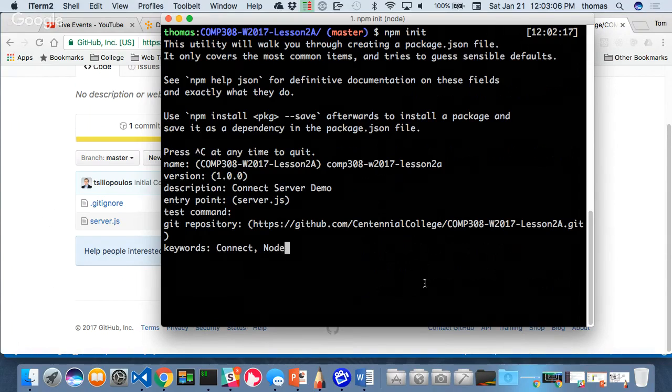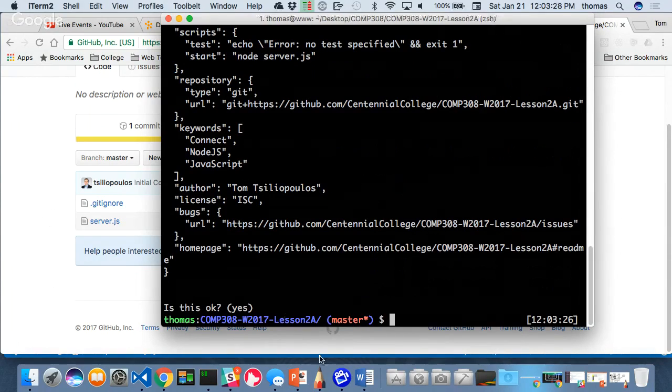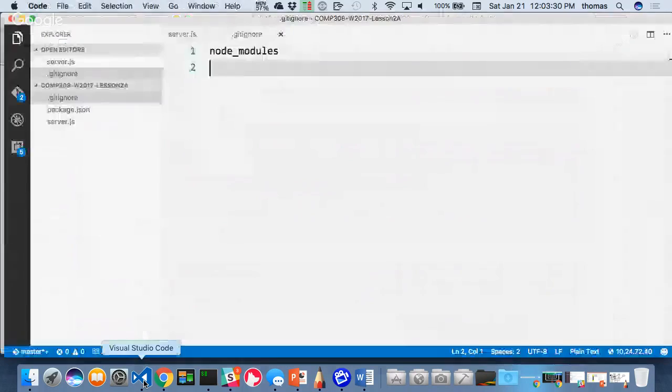Node.js, JavaScript, I don't know, whatever kind of keywords you want, from a searching perspective. Author, me. Or you, in this case. License, okay, you can also use MIT. This is what it's going to make for me. Press yes for enter. And now if I go back to Visual Studio, I have this extra file called package.json